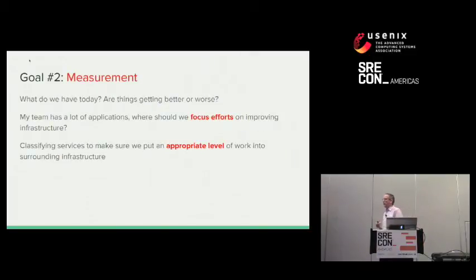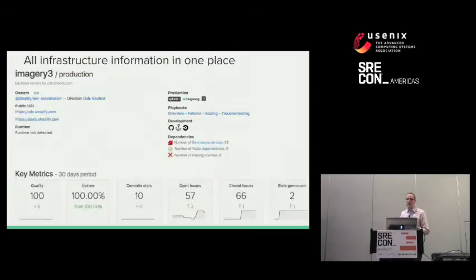So our second goal was doing better at measurement. Are we getting better or worse? Or if I'm responsible for a large number of systems, where do I spend my time? Where's the most appropriate place to spend my time across all these things? And also, what's the right amount of work? There was a talk earlier, I think from someone from Netflix, about wanting all the nines, but of course you can't have all the nines, right? You have to decide how much work you're going to put into this. So we wanted to give development teams a guide to help them make that decision of what's the right amount.